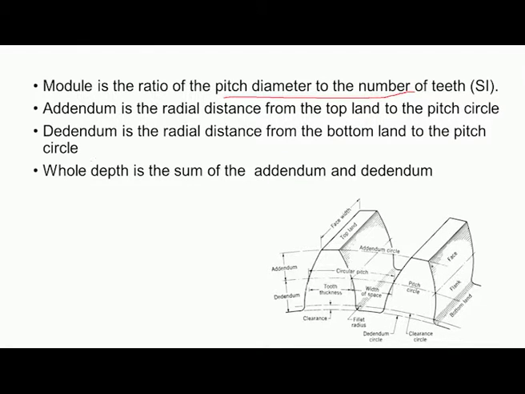Addendum is the radial distance from the top land to the pitch circle, and dedendum is the radial distance from the bottom land to the pitch circle. Whole depth is the sum of addendum and dedendum. So, this is the depth of the tooth profile.